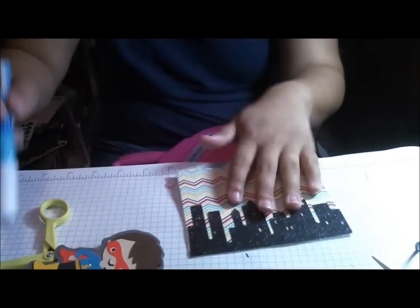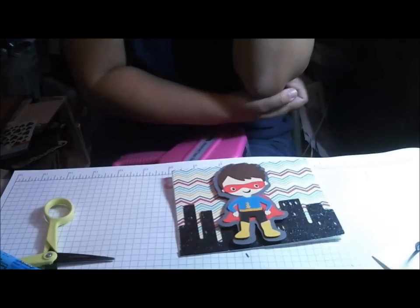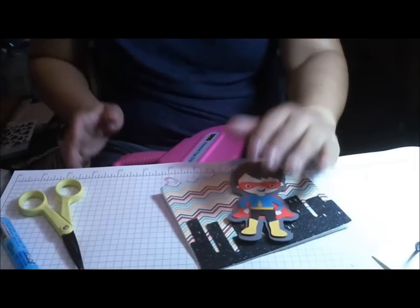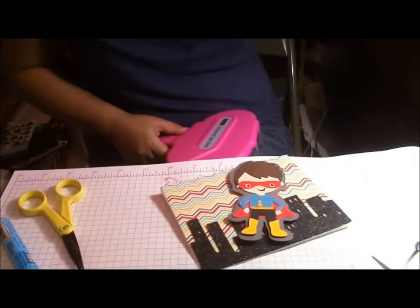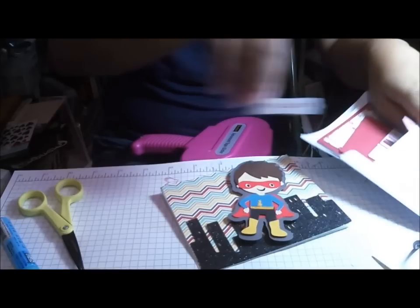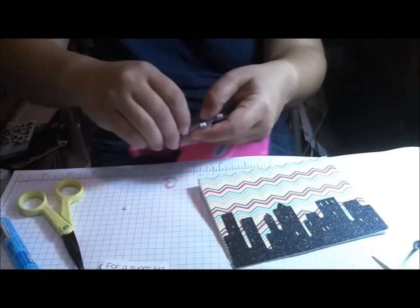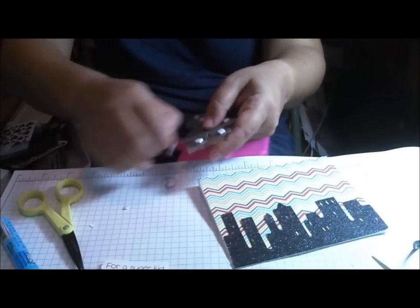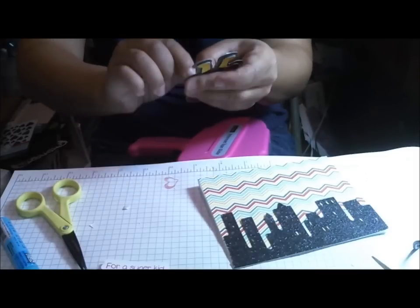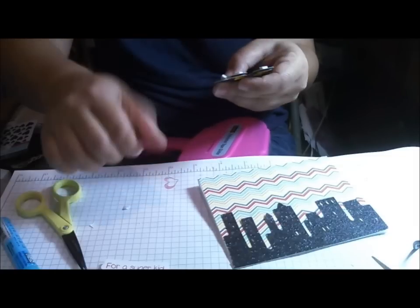I can't have that. So I've got him on some pop dots, and he's going to fit right there, and I'm just losing everything, but I have a sentiment for him, and he might be in this other thing that I have. Yeah. Here he is, right here. So I'm going to go ahead and take him off of the little foam squares I have him on, and my favorite foam squares in the whole wide world are Best Creations. And not just because of the price and because you get a million of them. That's a bonus. But they're the right